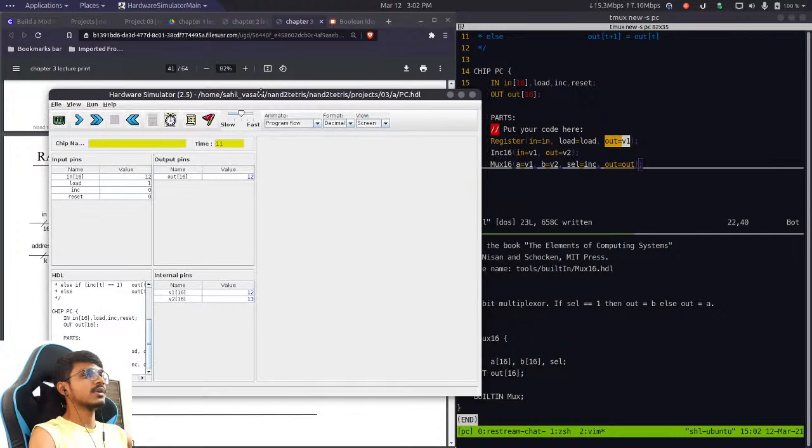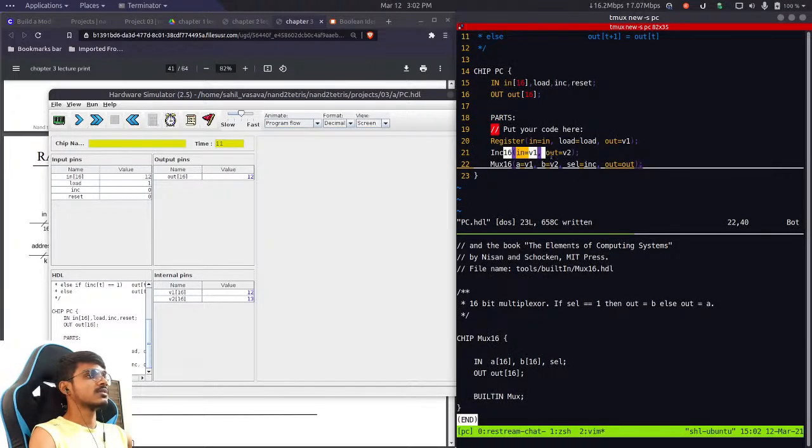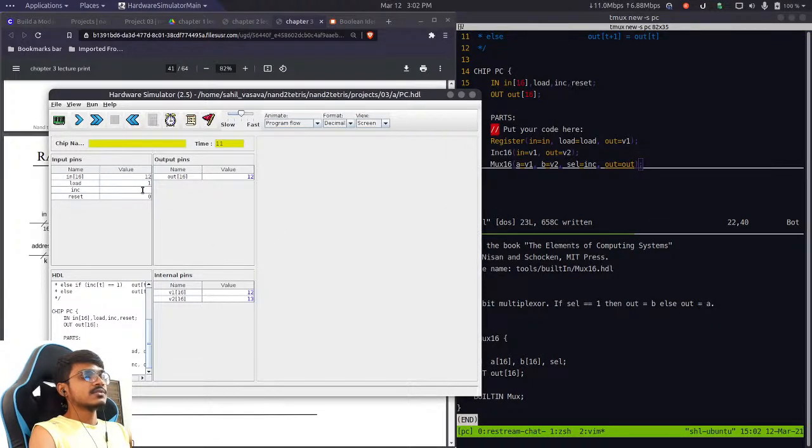Why are we getting the incremented value even if this incrementer is not set to 1? Oh, okay, so we are anyway incrementing the value of v1 and storing it inside v2. So now if I set this variable to 1, what is going to happen? Incrementer is set to 1. For the next clock cycle, what will happen? It will select v2, whatever was inside v2, and whatever was inside v2 will have changed, because